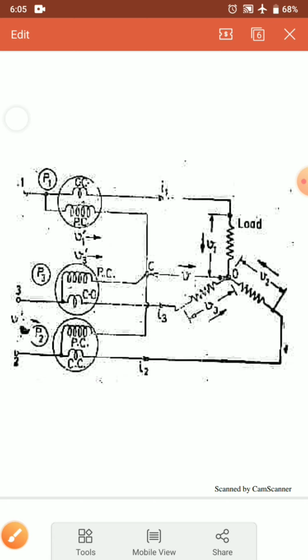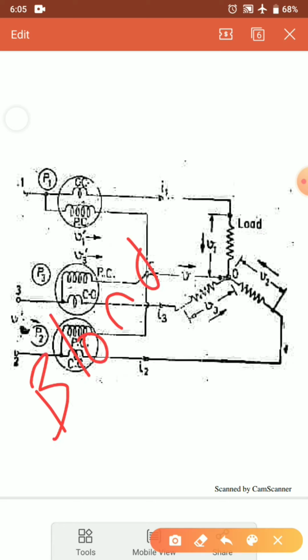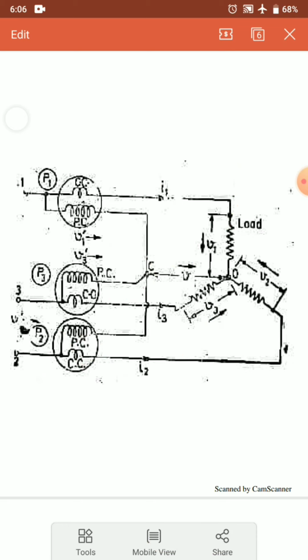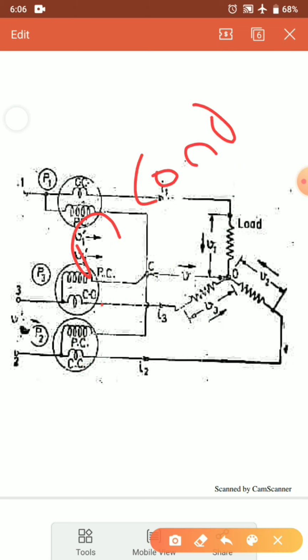Now if I have a three-phase supply or a polyphase system, how can power measurements be done? For that purpose, there is a theorem called Blondel's theorem. Blondel's theorem states that if there is a network with n conductors, we know the total power for n conductors, that is, a system which has n conductors.